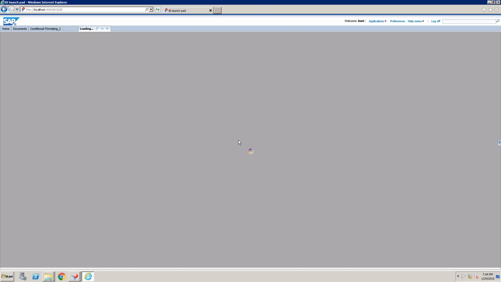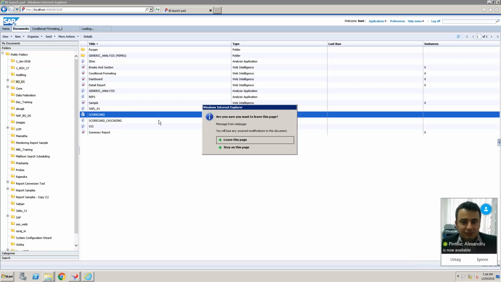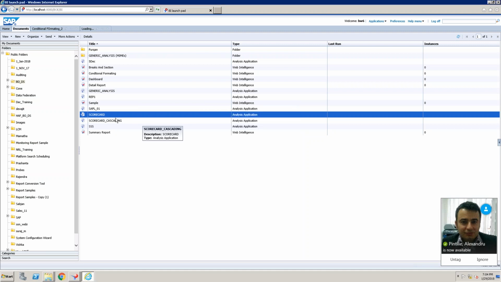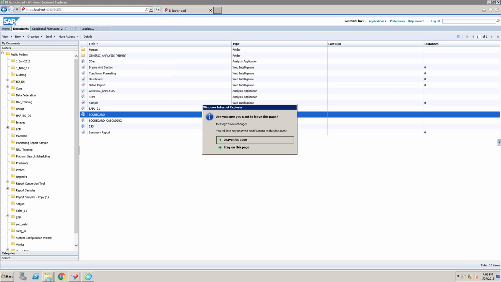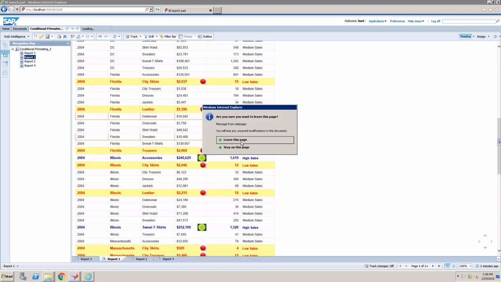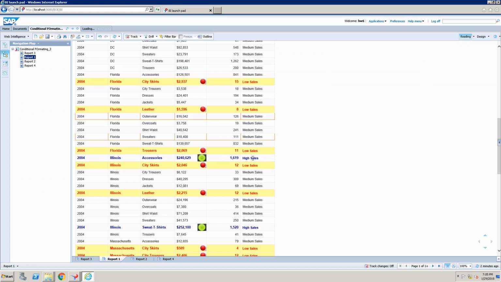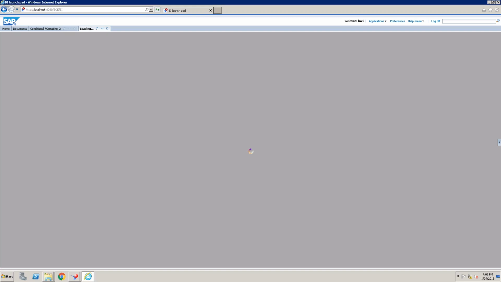So this environment is called Design Studio. Whatever I just opened, this one, is called the Design Studio kind of report. Whatever I opened till now was a web intelligence report, which I created using the web intelligence reporting tool. And now what I am trying to open is implemented using the Design Studio